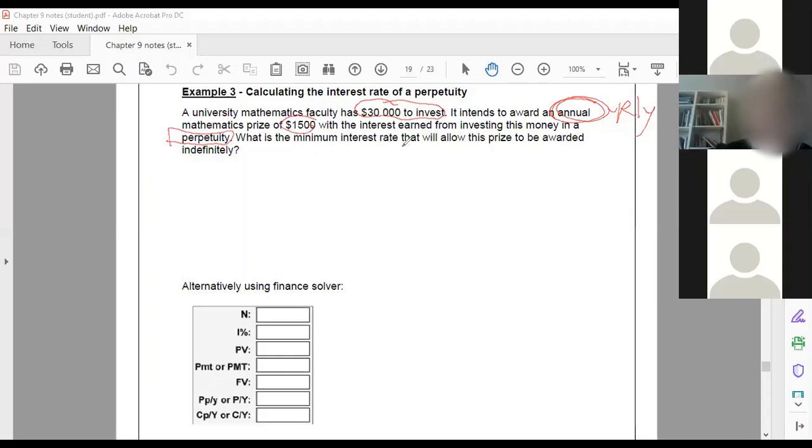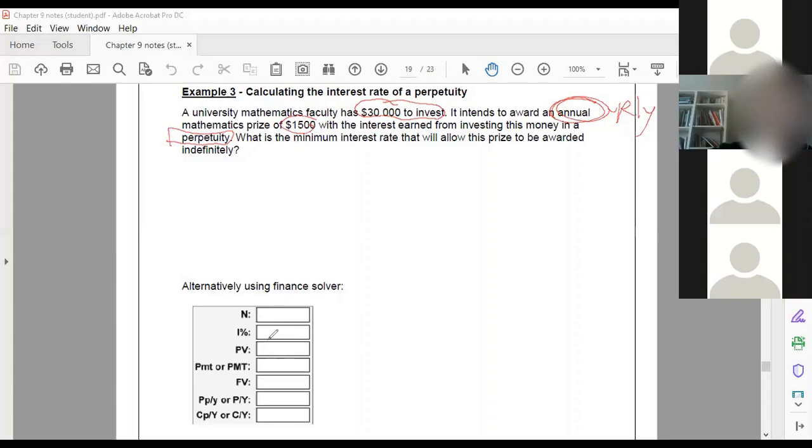What is the minimum interest rate that will allow this prize to be awarded indefinitely? So continually, that's what indefinitely means, so it doesn't stop. So I'm just going to do it on the finance solver. I mean, we can do it the other way, it's not an issue. But we know